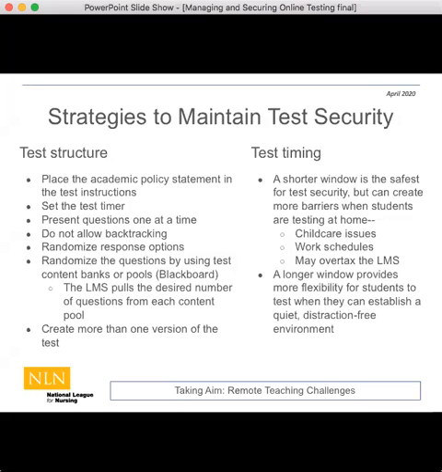That's more time intensive. I think more likely than not, the easier thing to do is to create more than one version of the same test, where you switch out the correct answer and change the verbiage to change the intent of the question. So you're covering the same content, but the answers are a little bit different.